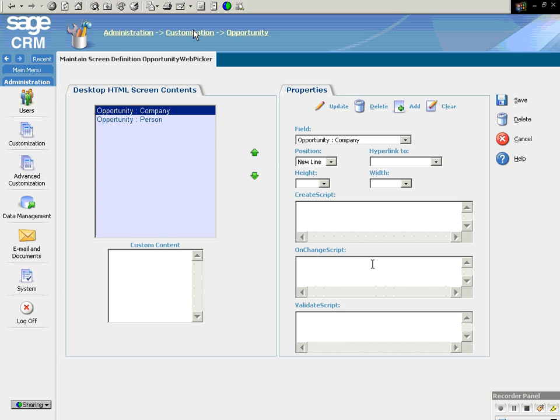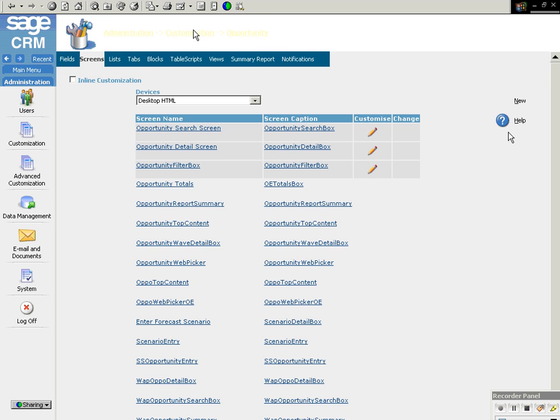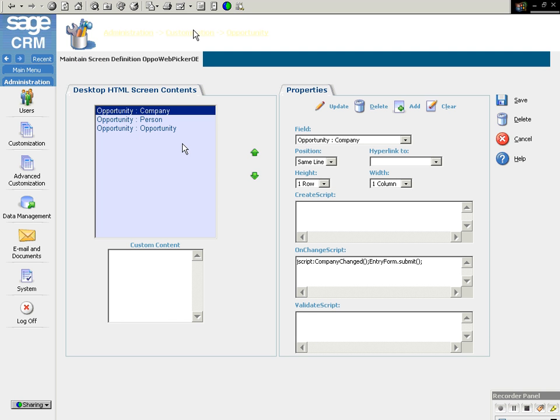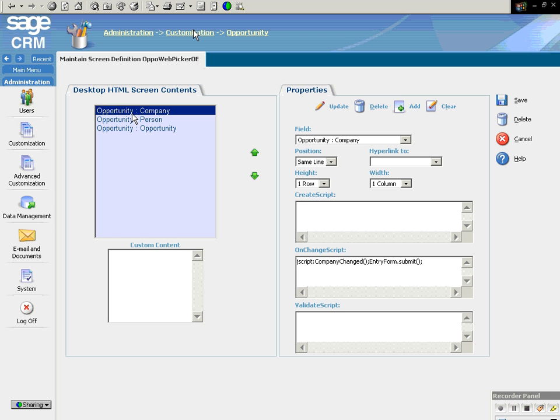And you just need to be aware of where all these web pickers are found. So it's not just under the opportunity, but it would be underneath the cases, underneath the communications as well. And what you're looking for is a consistent naming of web picker. You might notice that there's a web picker screen here with the rather strange OE, and that's simply the web picker screen for the order entry area. And so you can see that these web pickers